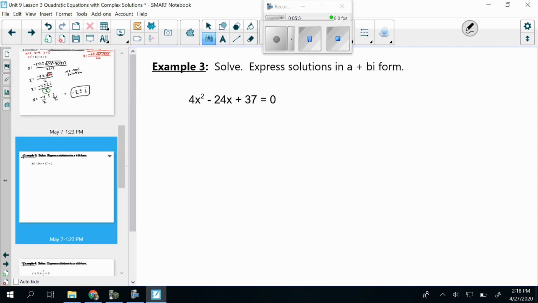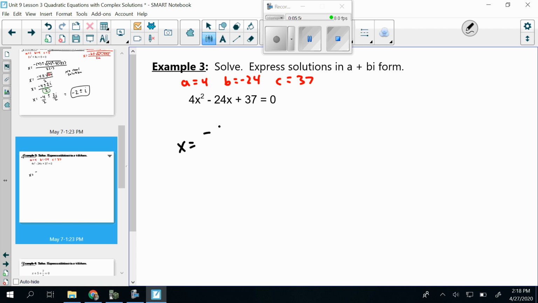Okay, let's keep going here, try some other ones out. So we see that this one has both x squared and x in it. Find all your a's, b's, and c's and use quadratic formula again. So a is 4, b is negative 24, c is 37 here. So if we put this into